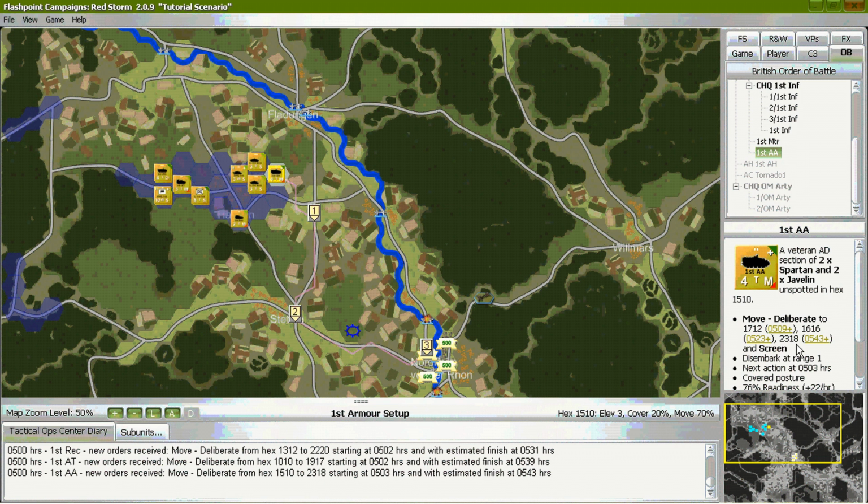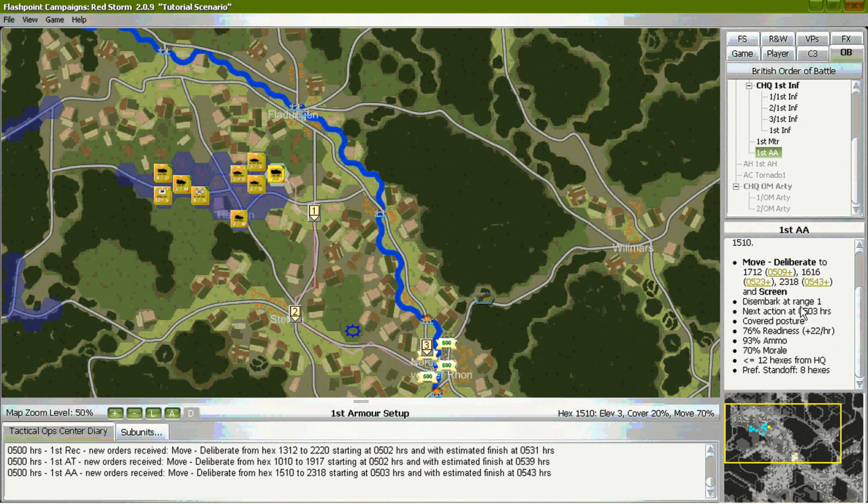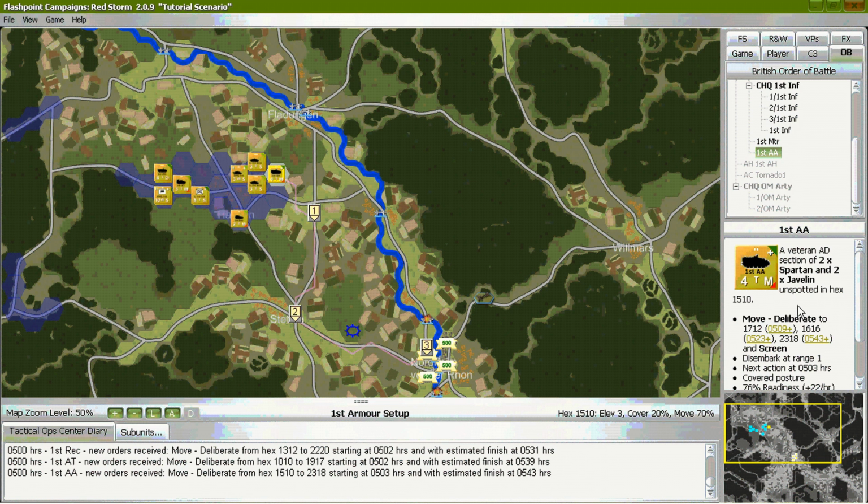Along with its movement and orders, it will say when transported units will disembark, when the unit will act next, the unit's posture, covered, exposed, etc., readiness, ammo percentage, morale percentage, range to the headquarters, standoff range, the trigger for the unit to move, and other information depending on unit type. Check it often.